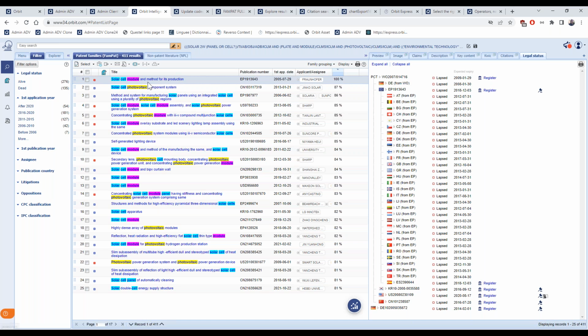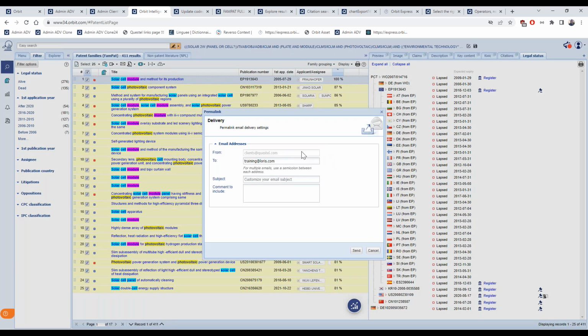You can also share results. So let's say I would like to share the current page via email by clicking on this icon. The default email address is this one, and it's also, by coincidence, the email address of the French help desk at Questel. Then you can add recipients to your message. By default it is my account here. I can add colleagues, give a subject to the email, and a comment to include.